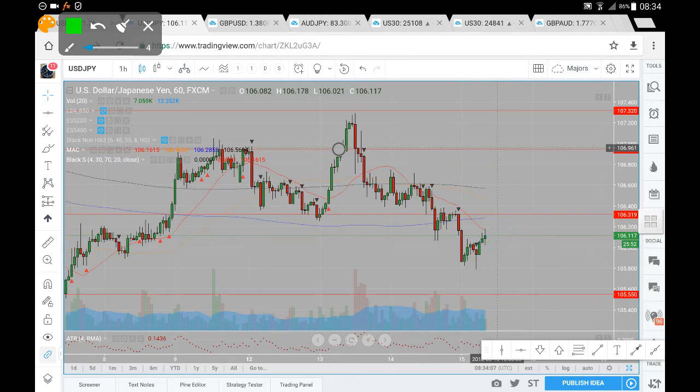106.32. In around the 106.32, we do have daily confluence of the 200 period moving average, thus increasing likelihood of potentially seeing sell side momentum. If we do see our sell side momentum, we are looking to retest these lows here in around that 105.80, successful break from which is a minor level in. Nonetheless, we are looking for price to head down towards that 105.55, and if we do break below the 105.55,